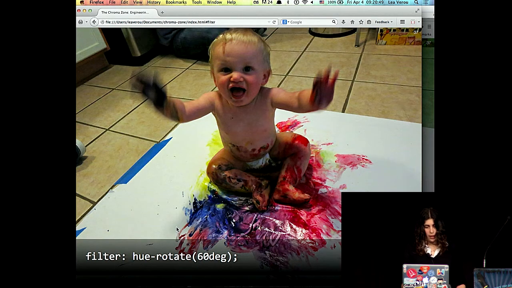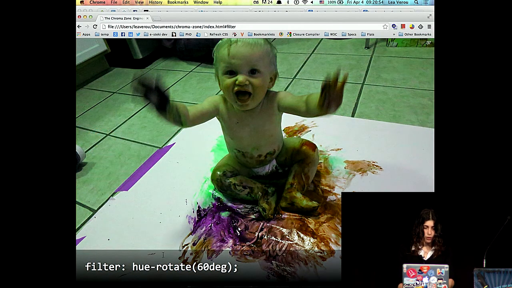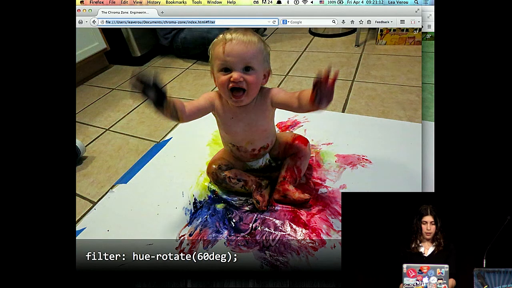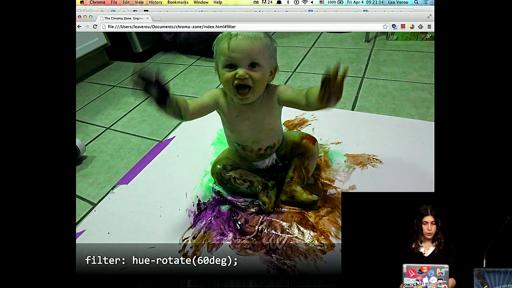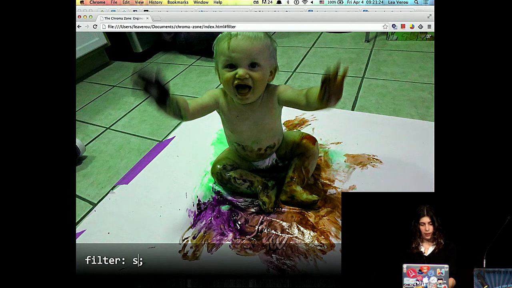And the cool thing about HSL and knowing how HSL works is that you can also use it for SVG filters, which in WebKit and Blink you can use with that syntax. In Firefox you need an SVG filter, so I'm showing them in Chrome because it's just more elegant with that syntax. So here I had this baby and I applied a hue rotate filter to it. So now every single color in this has its hue shifted by 60 degrees, which is incredibly useful if you specify, for example, a